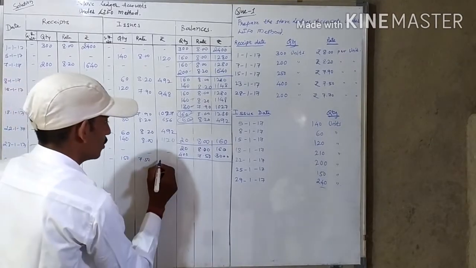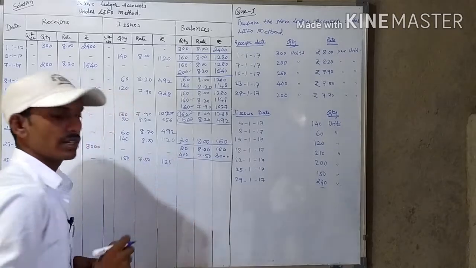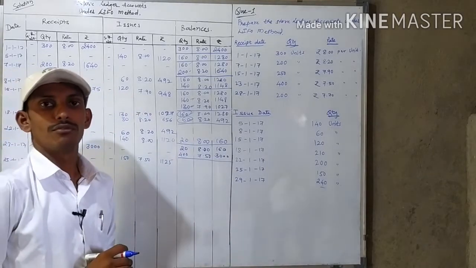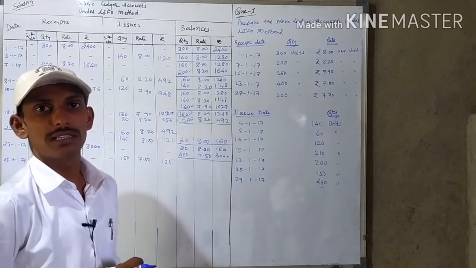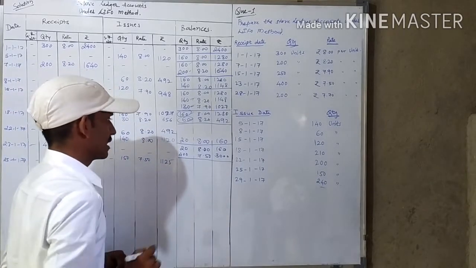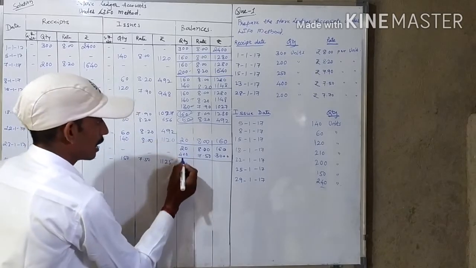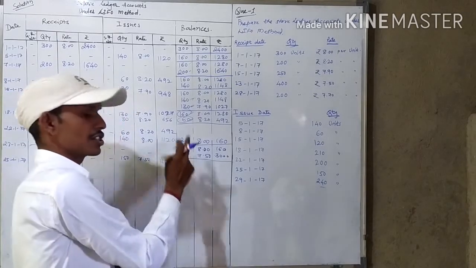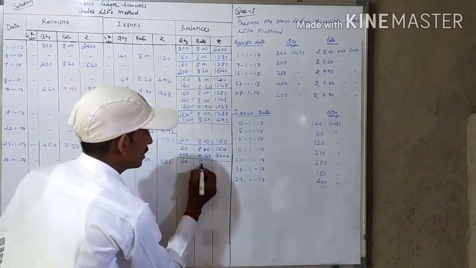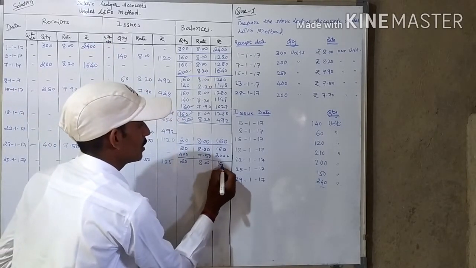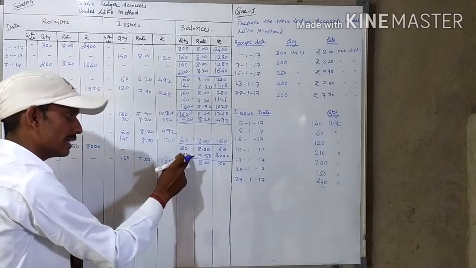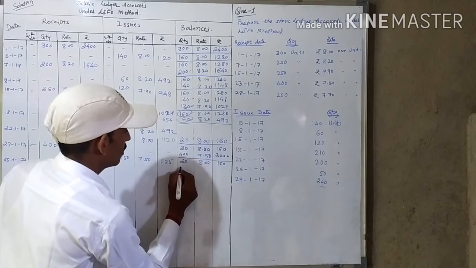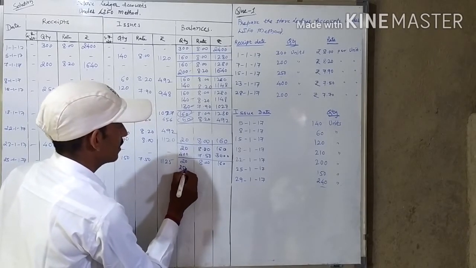Okay, so here you will get 1125. Now we have to show the value of closing stock which is available in the godown, or store we can say. Earlier 20 units, we didn't issue anything because it is purchased first. So here the rate is 8, so value is 160. Out of 400 we issued 150 units, so remaining in the godown is 250 units.